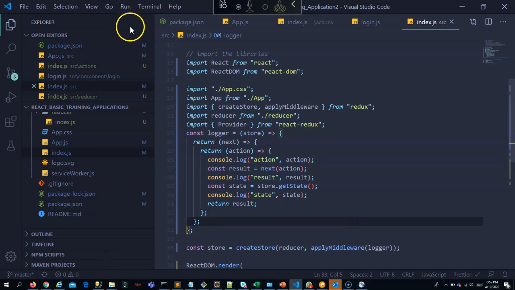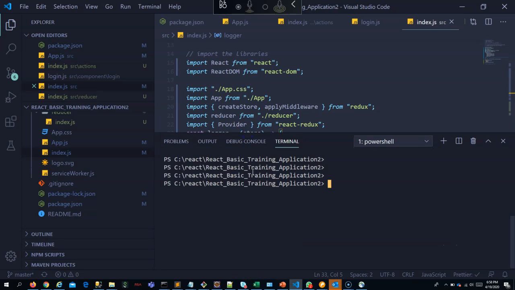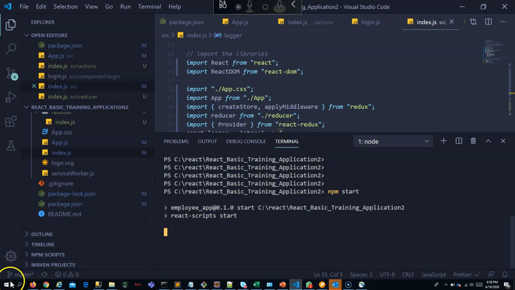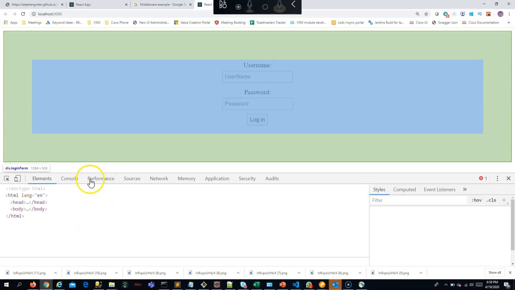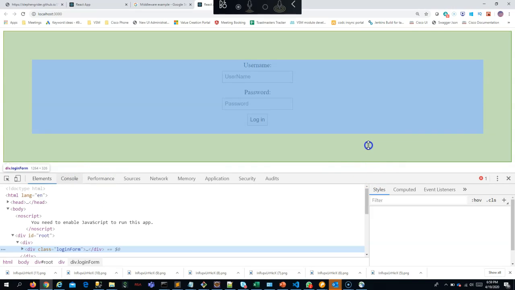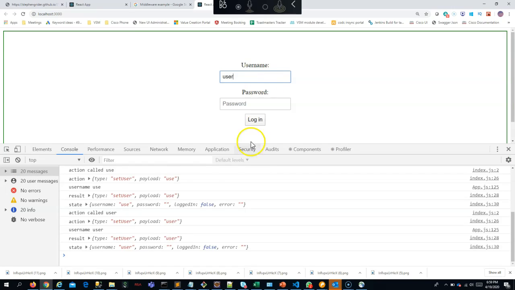Let's proceed to our application. Before that, I have to start the application. So let's wait for it to start. Now we have started the application. Now we will open the console. So we should be able to see the console because of the middleware that we added. So whenever we set this, okay, you should see the action, set user action in the payload user, and you should also see